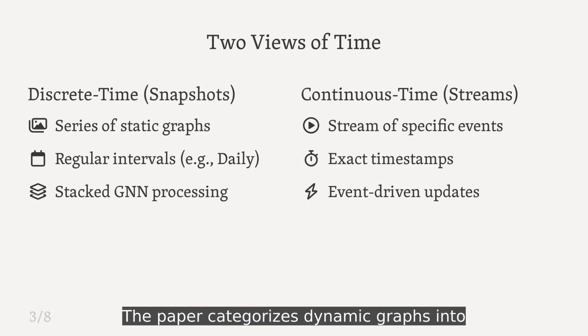The paper categorizes dynamic graphs into two main frameworks. On the left we have discrete time graphs, which function like a movie strip composed of individual static snapshots taken at intervals. On the right, continuous time graphs treat data as an unending stream of specific events, recording interactions down